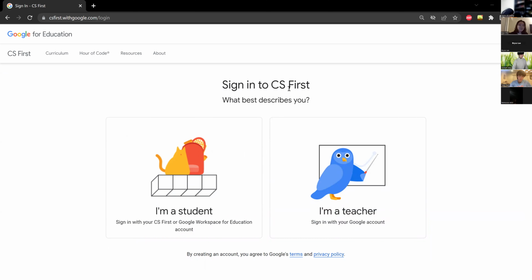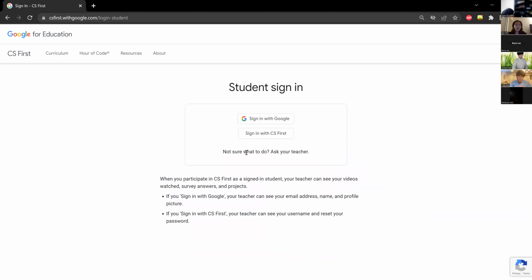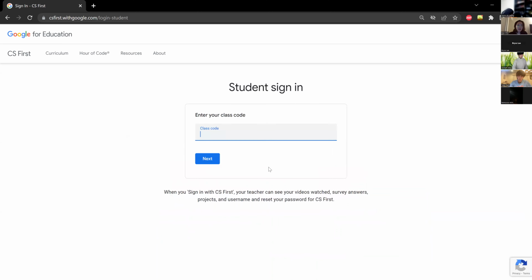And you're going to wait for them to get there. You're going to click on I'm a student, and then click on sign in with CS First. Then you're going to put the class code in the chat, and they can just put the class code in. I'm not going to do that right now, but after you put in the class code,